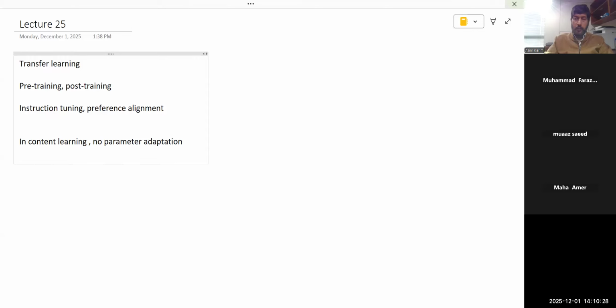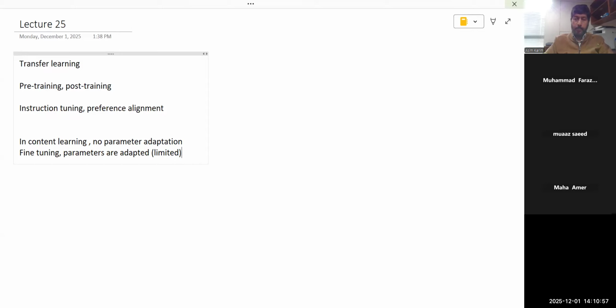And then the second broad category that I mentioned is called fine tuning. This does involve parameter adaptation, but there's a lot of variety here. You have standard fine tuning, you have prompt-based fine tuning, and within prompt-based fine tuning, there are a lot of options available. Parameters are adapted, but a limited number of parameters.